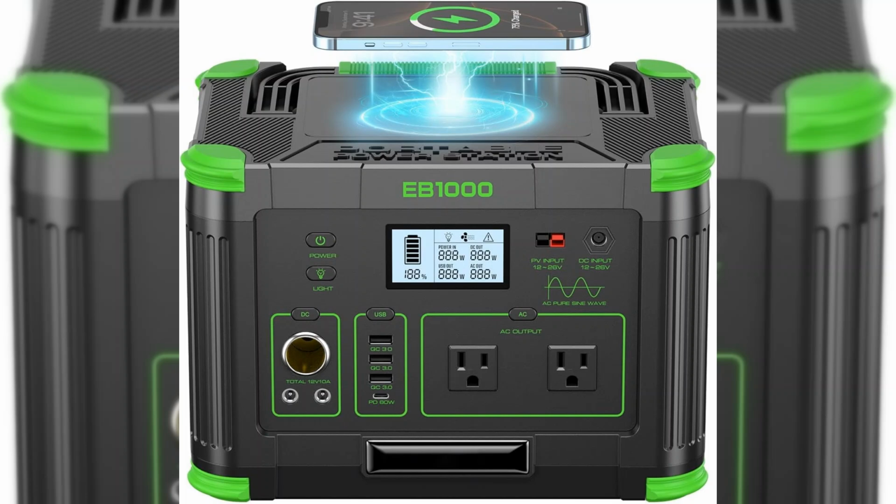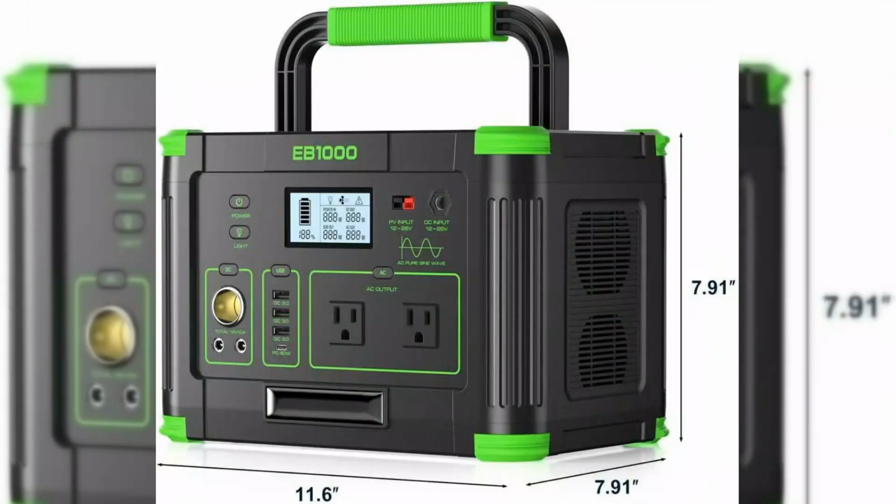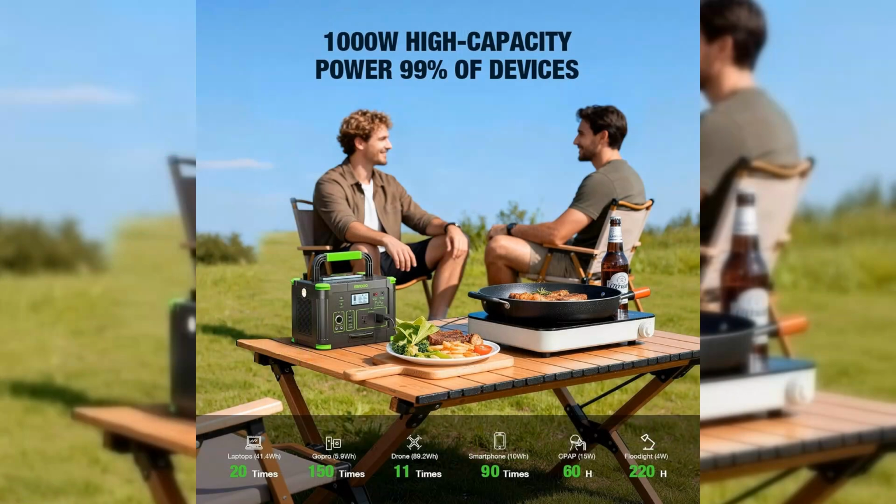In an age where reliable power sources are increasingly valued, the portable power station 1000W, Peak 2000W, stands out as a practical solution for both home backup needs and off-grid adventures. This versatile unit is designed to deliver power when and where it is needed most, making it a helpful addition